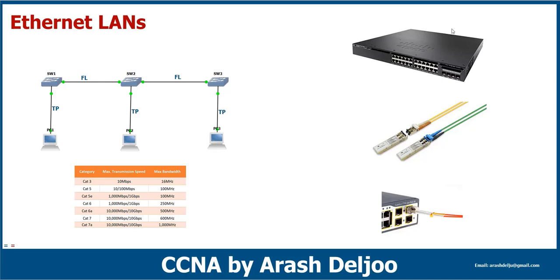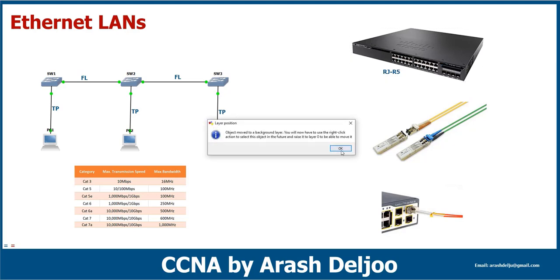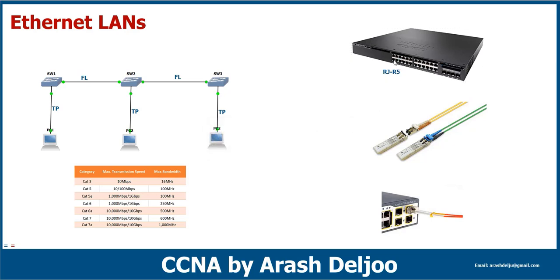Look at here. Here we have a Cisco switch. I'm not going to talk about the details of the switch. You will learn about it in this course. But now, let me only review this switch. In this switch, as you can see, we have some RJ45 ports in the front panel. RJ45 means registered jack with the number 45. This is the registered jack 45, and we can connect the twisted pair